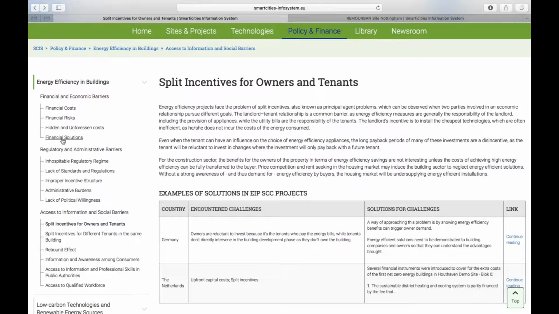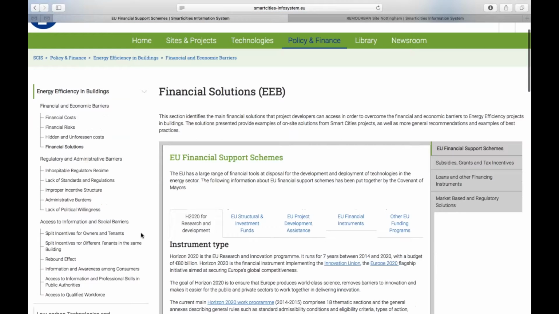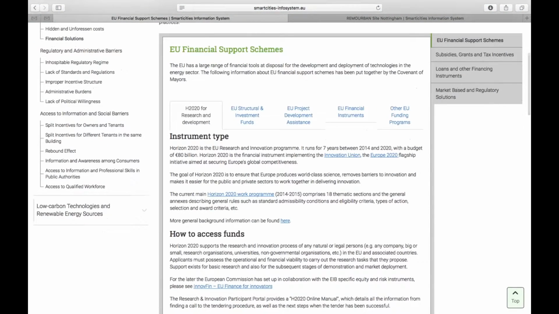So we do have a financial solutions section of the site, which mainly, of course, has all kinds of EU financial systems, but it also has links to how to go, or even the Horizon program. So when you click, it brings you to the actual places, even EIB, Commission, whatever, where you can find the kind of information. So you have the different sources, because we are also looking at replication. We don't only look at the Horizon 2020, but there are EU structural investment funds, other assistance,